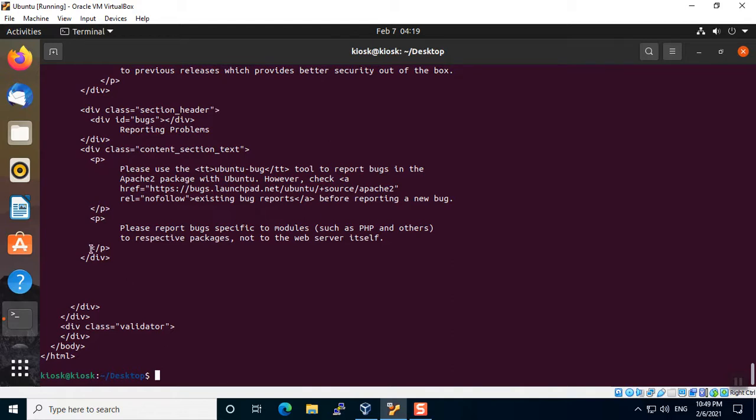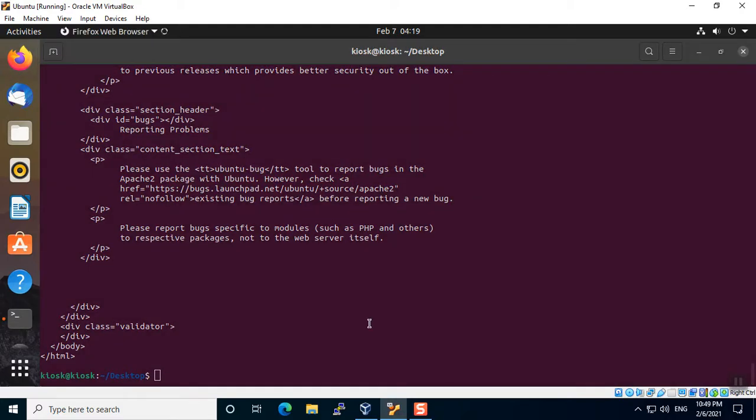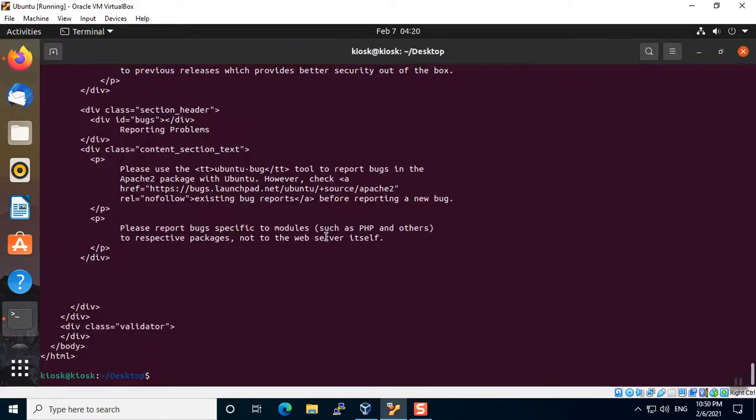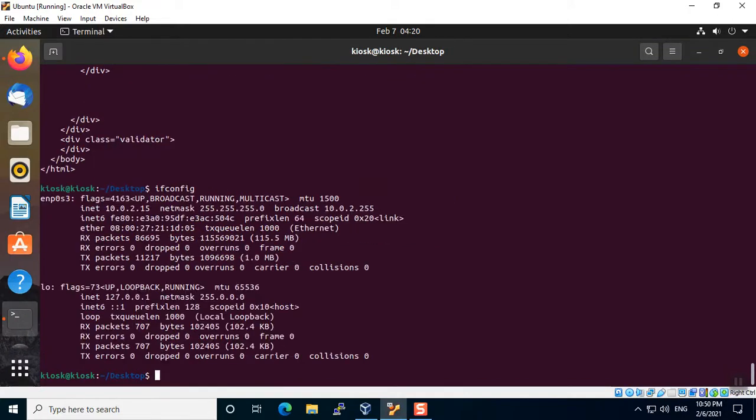Second method is to just open the browser and copy the IP of the server. I have opened the browser now. Before that, just fire the command ifconfig to check the IP address of the system.